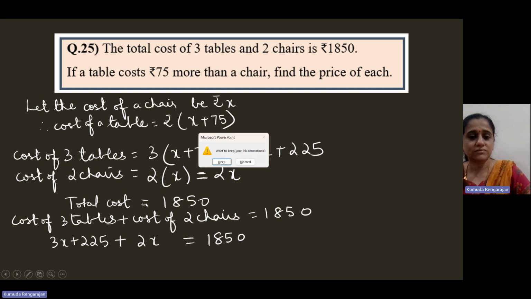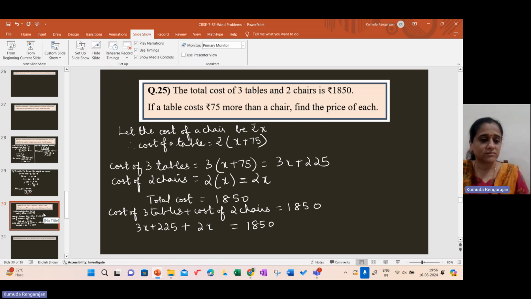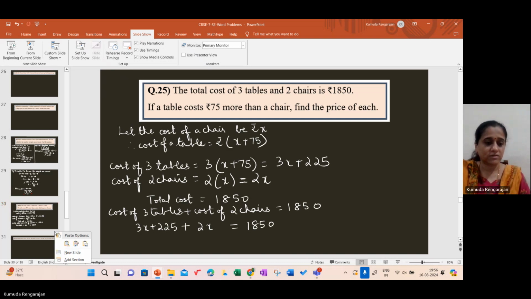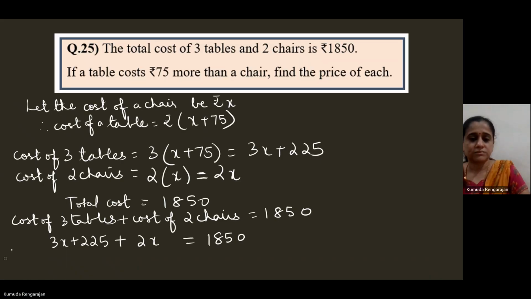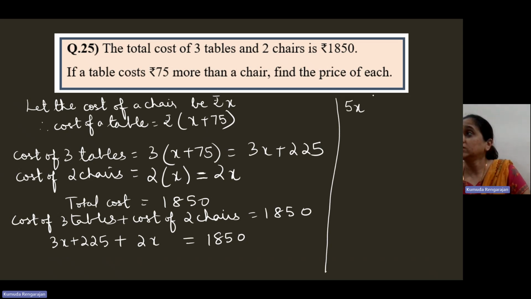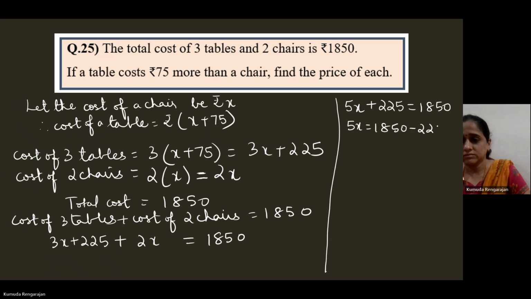So 5X plus 225 is equal to 1850. Next, 5X is equal to 1850 minus 225. So 5X is equal to